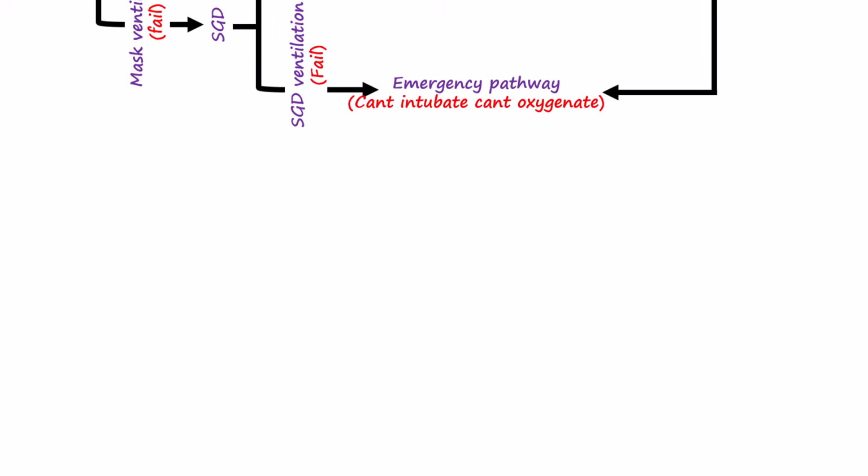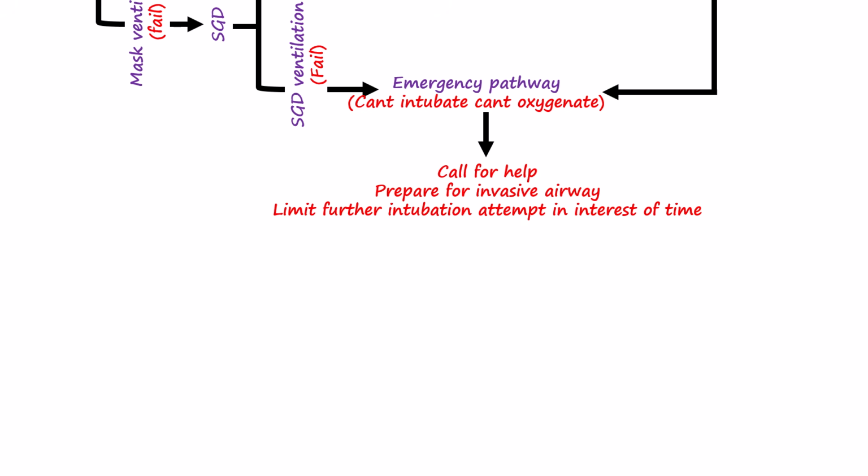The emergency pathway is taken when intubation has failed and ventilation with both face mask and supraglottic airway is also unsuccessful, a situation known as cannot intubate, cannot oxygenate. In this critical scenario, help must be called immediately because the patient is no longer being ventilated and oxygen reserves will rapidly deplete. Preparation for invasive airway access should begin without delay, using options such as surgical cricothyrotomy, needle cricothyrotomy,